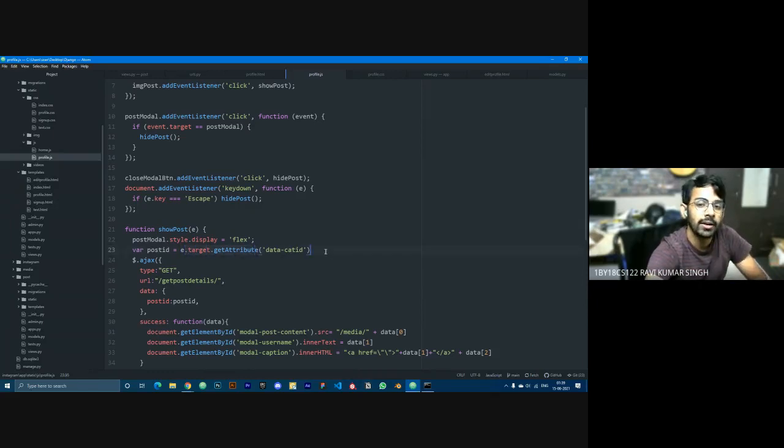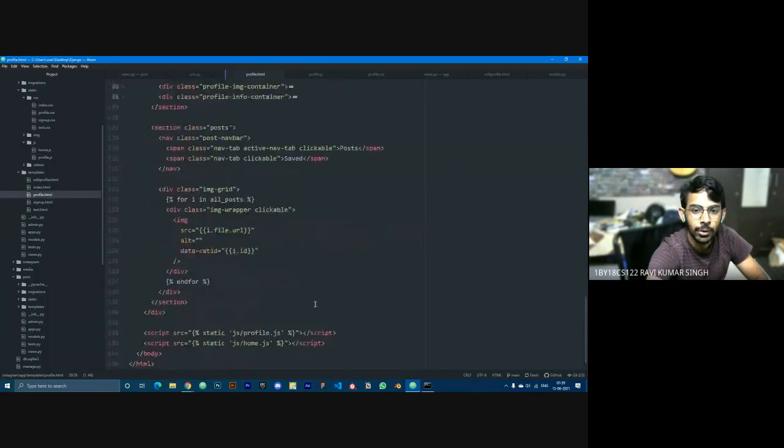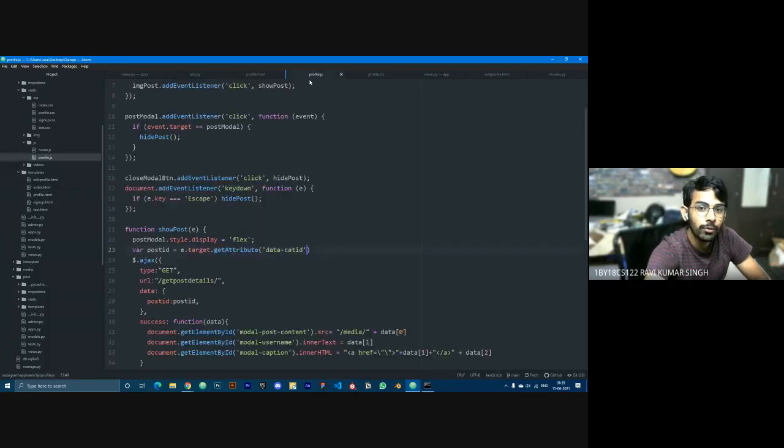The data attribute is the attribute which stores data, and inside the data attribute we passed the ID of the post, right? And now in the profile.js, I try to access the ID. Now in post ID I have the ID of the post which is getting clicked.